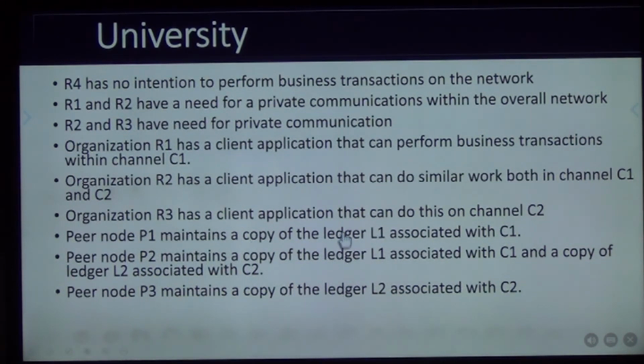Peer node P1 maintains a copy of the ledger L1 associated with C1. The peer nodes अब आ रही हैं इसमें कि वो जैसे मैंने कहा registrar office हो सकता है. So they got to have a copy of the ledger, that what is happening, which student, which course. So the peer P1 has a copy of the ledger L1, and peer node P2 also maintains a copy of the ledger L1 associated with C1 and a copy of the ledger L2 associated with C2 because P2 जो peer है वो fast का है, so he has copy of both the ledgers. And peer node P3 maintains a copy of the ledger L2 associated with C2. और जो NUS वाला है उसके पास सिर्फ ledger L2 की कॉपी है.